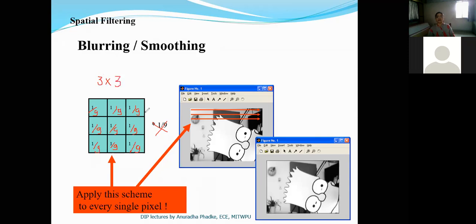All these coefficients have the same value, which is 1 by 9. We can apply this filter on all the pixels in the first row, then go to the second row, third row, and so on, up to the last row.